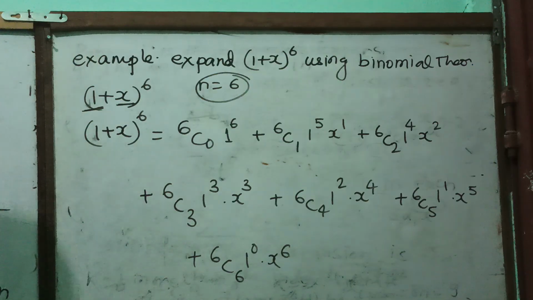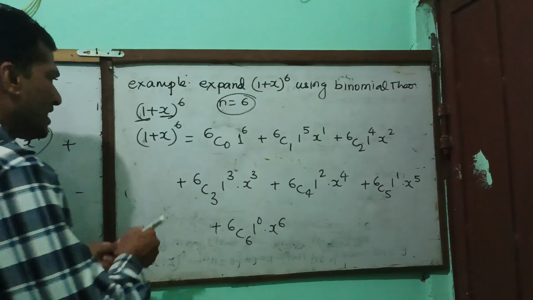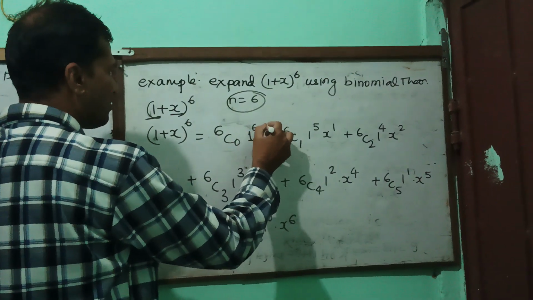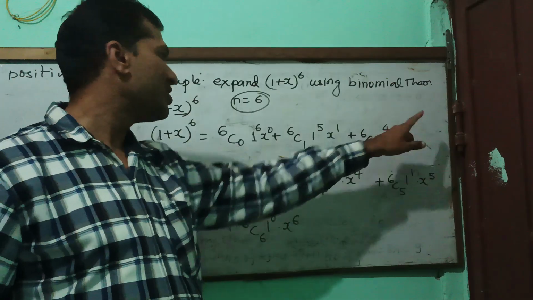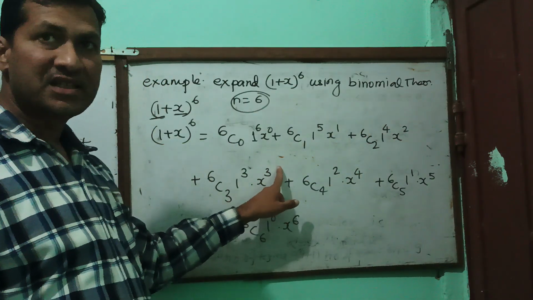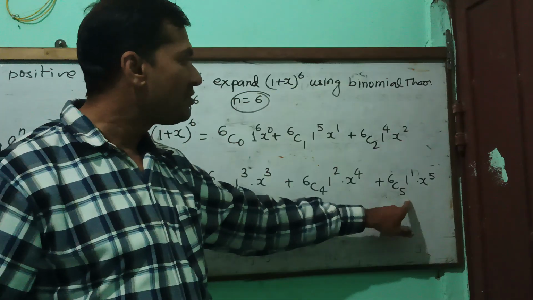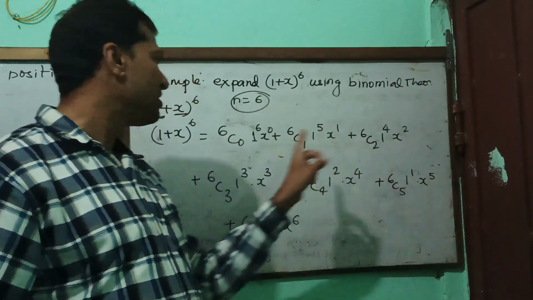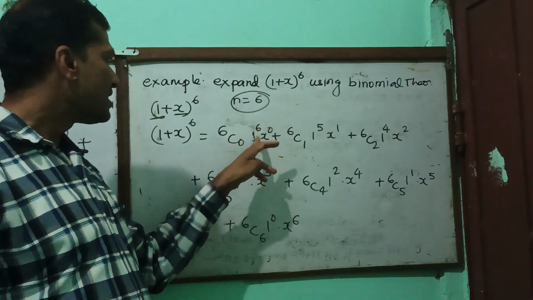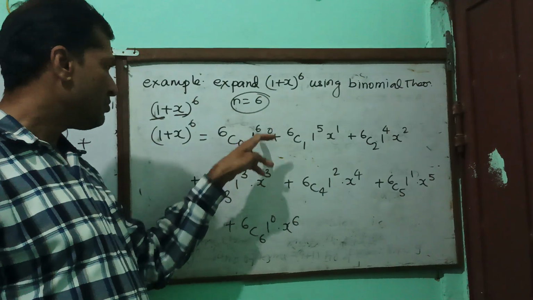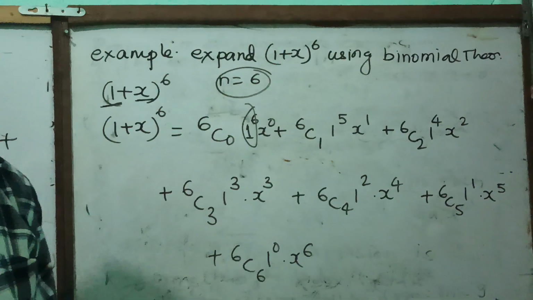So observe one thing. The power of x starts from x to the power 0, then 1, then 2, then 3, then 4, then 5. Over here we are not writing 6 minus 1, 6 minus 2. It's obvious; 6C1 we have to find. So 1 to the power 6 is equal to